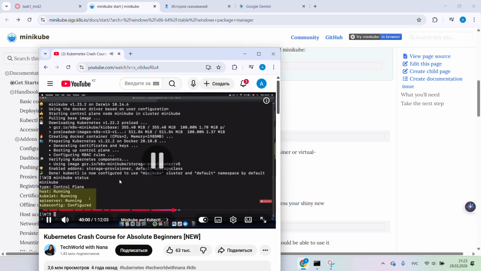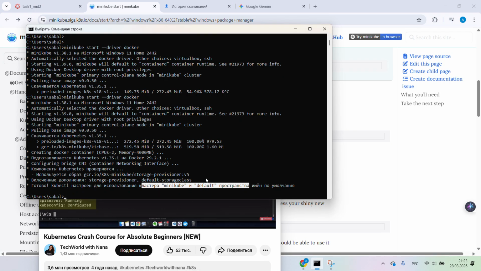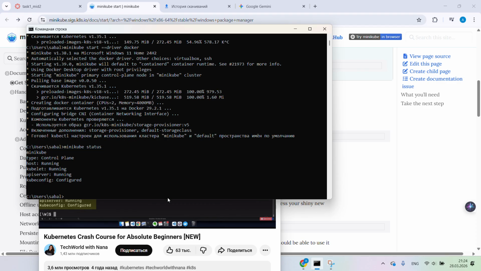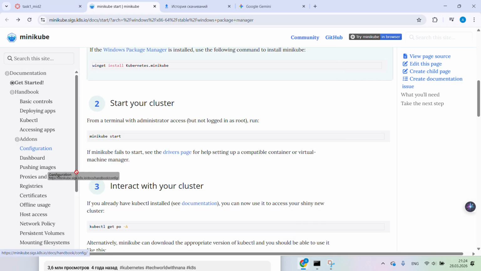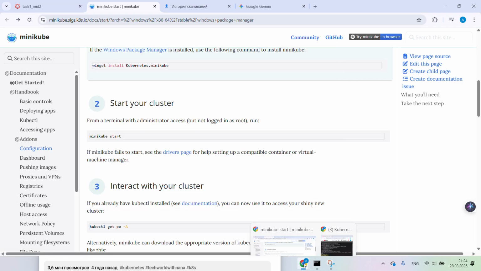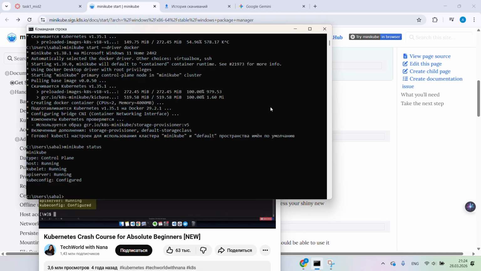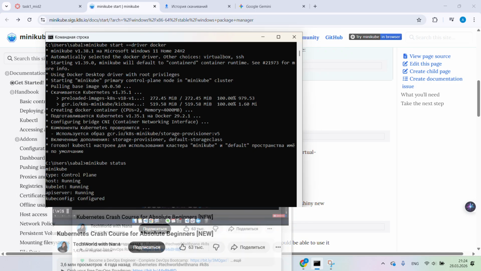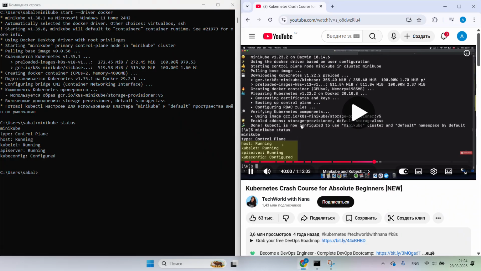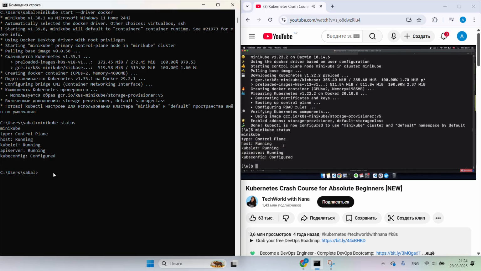And we see that all the components inside are running and everything is configured, and now we can start to actually interact with our cluster using kubectl command line